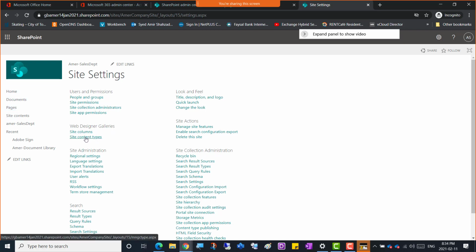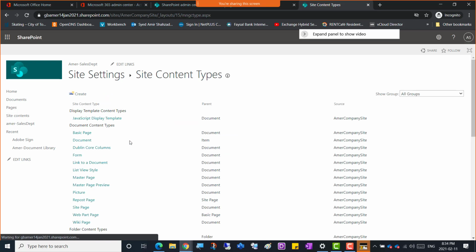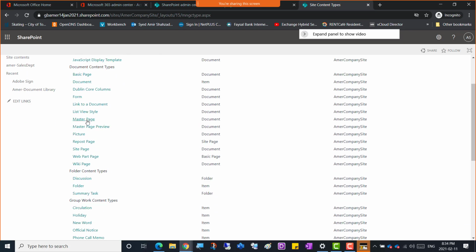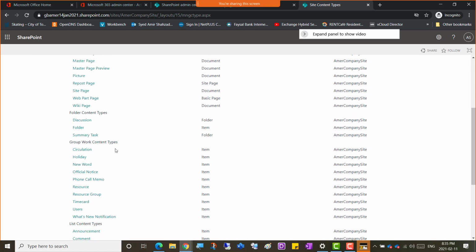Under site columns is site content types. I'm going to click site content types here. What type of content can be on a site? JavaScript display template, basic page, document page, Dublin core columns, forms can be there. Obviously all the common content, web parts could be there, and site pages can be added to a page. So this is pretty much a list for